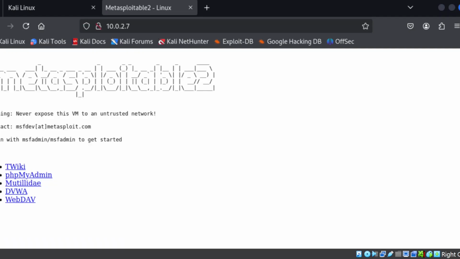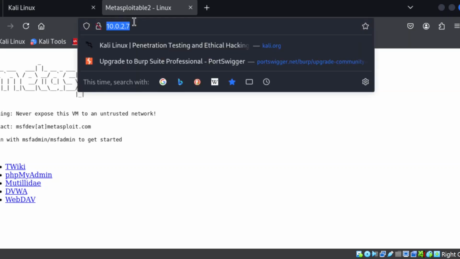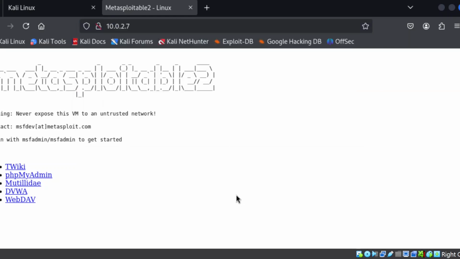So this one is our Metasploitable, and remember these IP addresses for our machine. It's our vulnerable machine. From this point, it has shown that at least some level of security has been deployed on the root